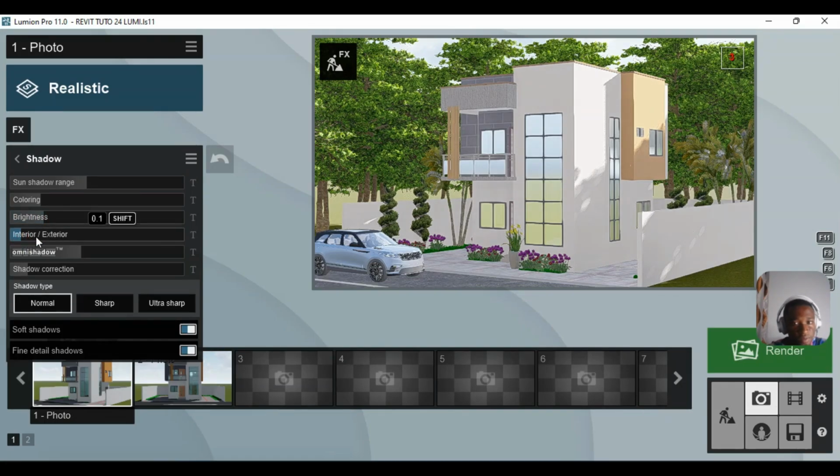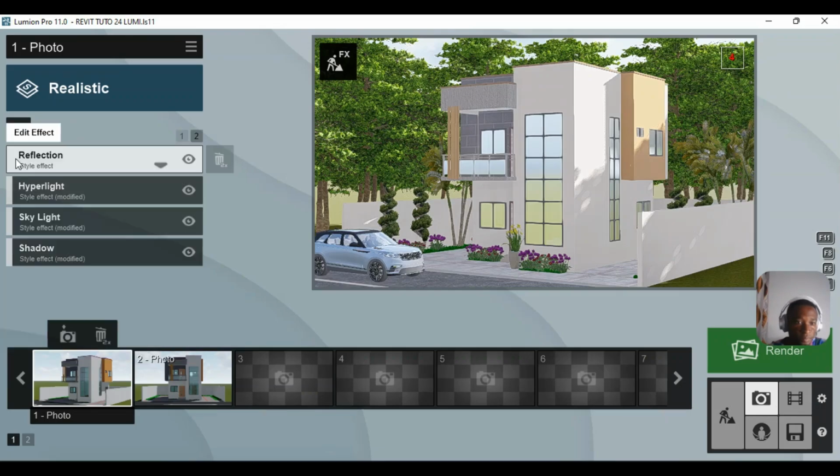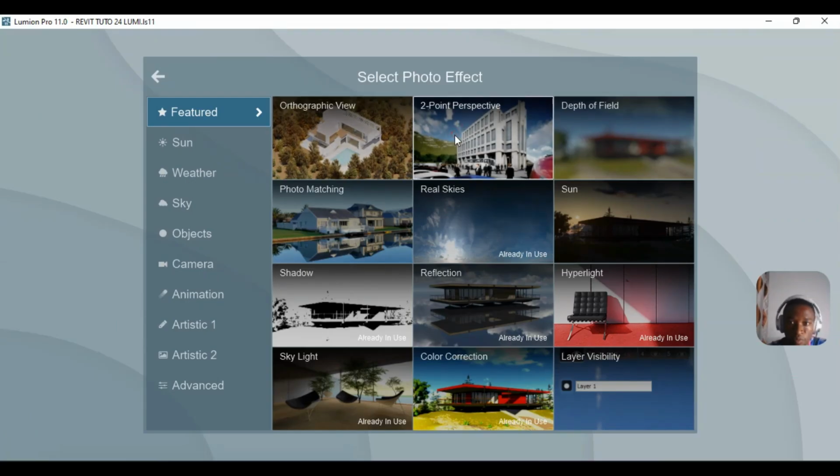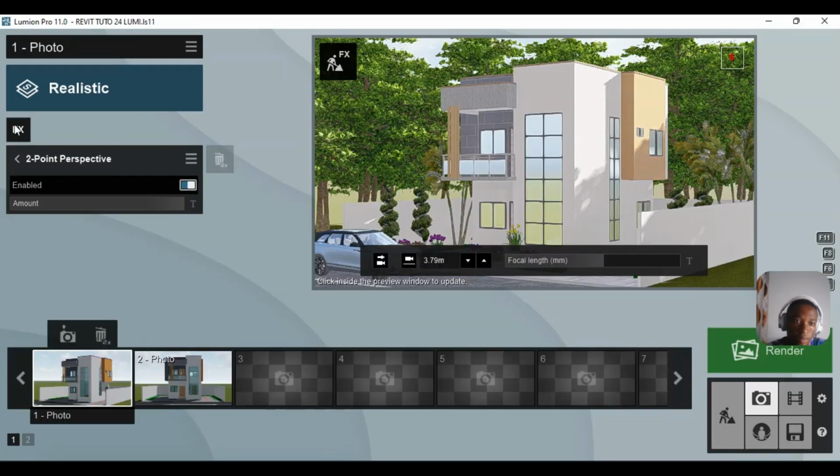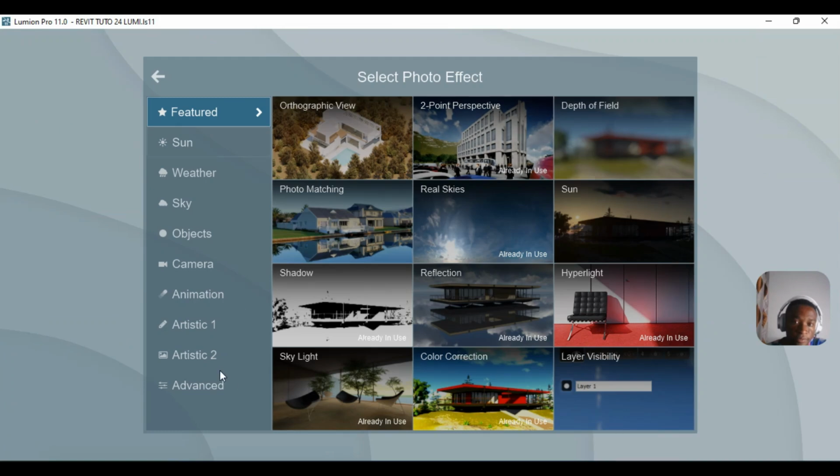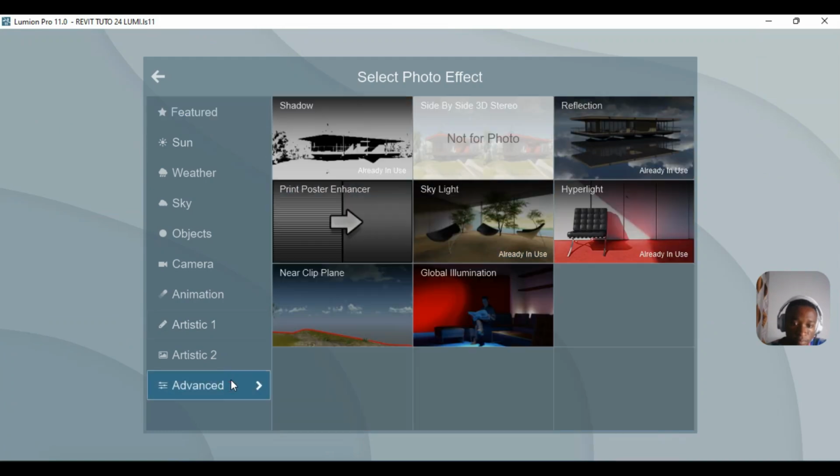Then I'll use the interior and exterior. So let me add more effects. Two-point perspective. Another. Let me add